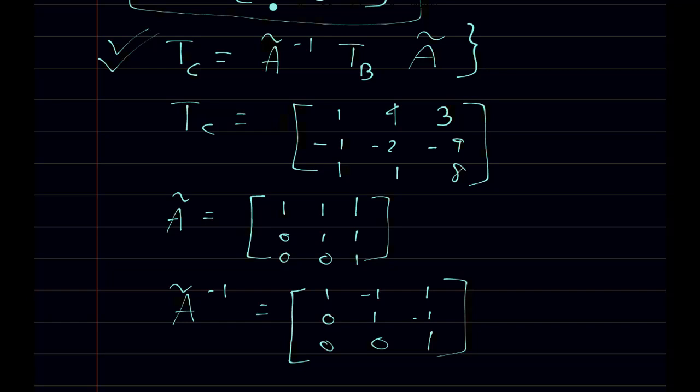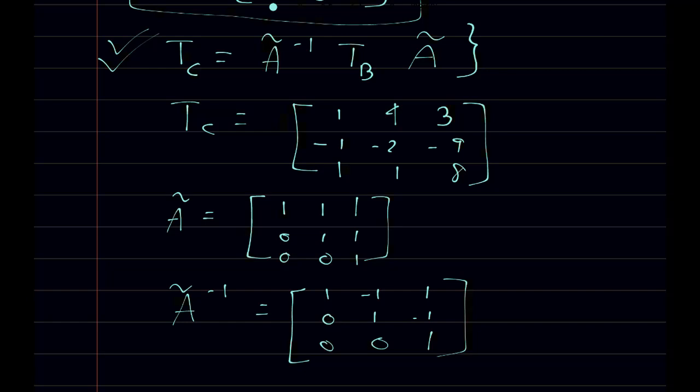What did we learn from this exercise is that similarity transformation is nothing but you are actually going from one basis to another basis, and to go from one basis to another basis, the matrix A helps you. To go from one basis to another basis means you're going from one coordinate to another coordinate, so the matrix A transpose or A tilde helps you. And the matrix operator, which was defined in one basis, and the matrix operator, which was defined in another basis, you're going from one matrix operator in one basis to another matrix operator in another basis, and which is quite obvious that it should be related to the